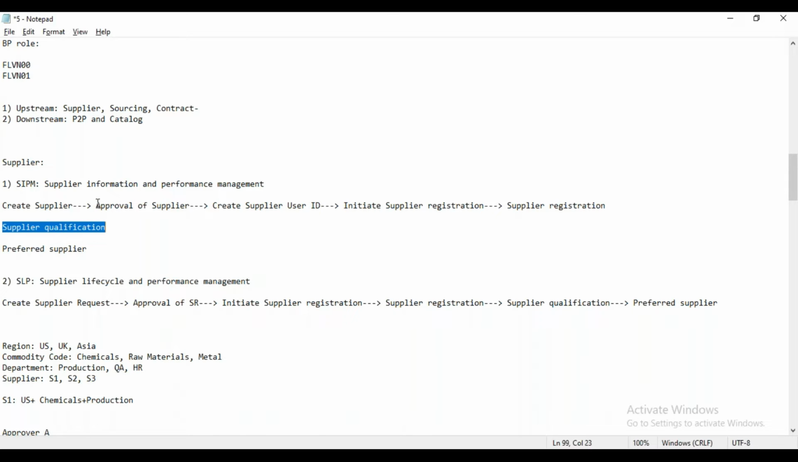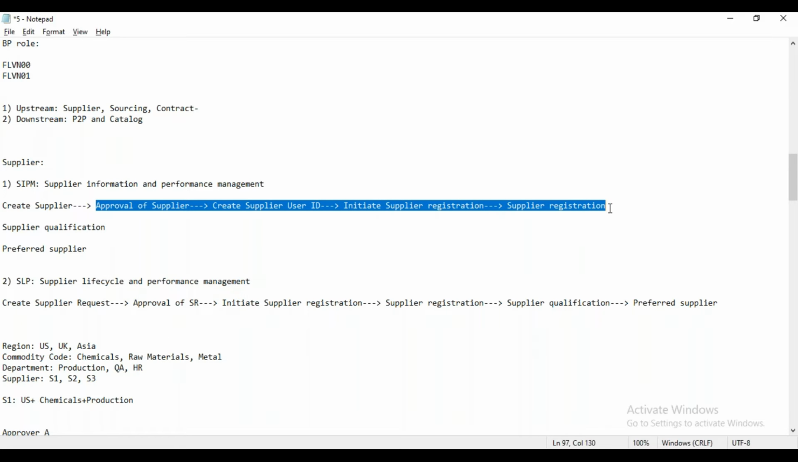It will go for the approval. We have to create a supplier user ID, and we have to perform the registration activity as well over the Ariba network. Right. Now, as a customer, we want to maintain this Apple supplier as a qualified supplier. So in SIPM, whenever we have to maintain the Apple supplier as a qualified supplier, in that case,